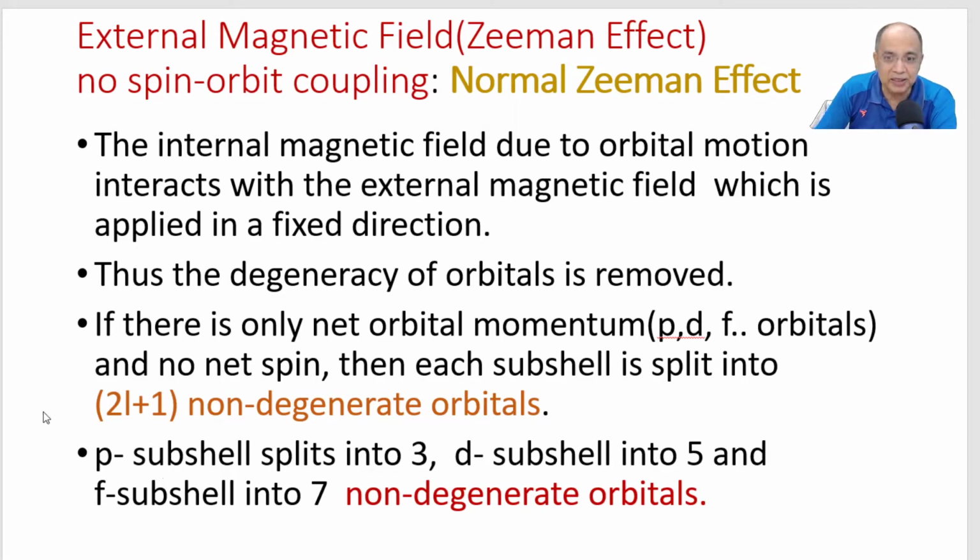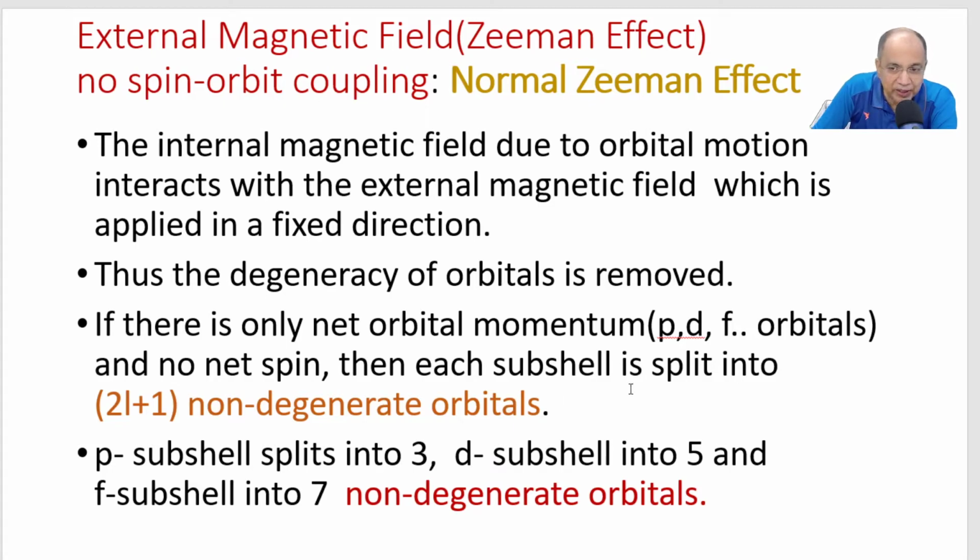In that case, there is only net orbital momentum. That is only the case of p, d, f orbitals, not s. S doesn't have any L vector. Capital L is 0 in magnitude. If there is only net orbital momentum, that is the case with p, d, f orbitals, and no net spin,